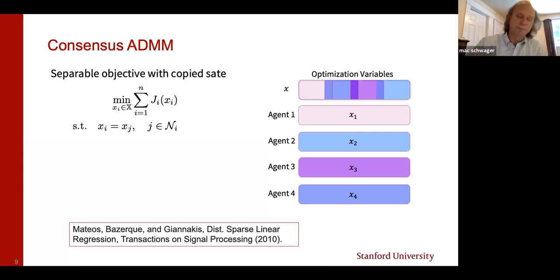And then you impose an equality constraint among all neighbors in the graph, that my decision variables at the end of the day have to equal your decision variables. And you can imagine, as long as the graph is connected, this is going to lead to the solution of the original problem, right? So they basically exploded the decision variable space, but then made the solution manifold such that all decision variables have to be equal among agents to retrieve the solution of the original problem.